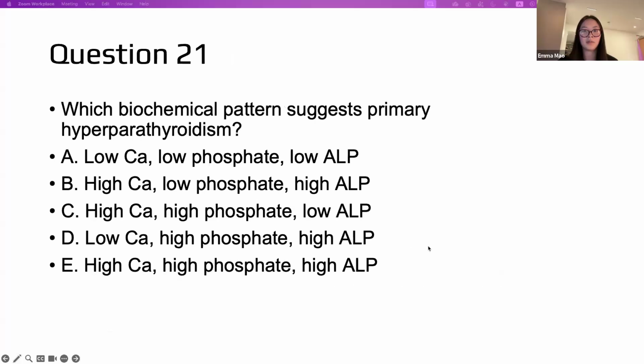Okay. Here is another question. Nearly at the end now. So, primary hyperparathyroidism. So, parathyroid,